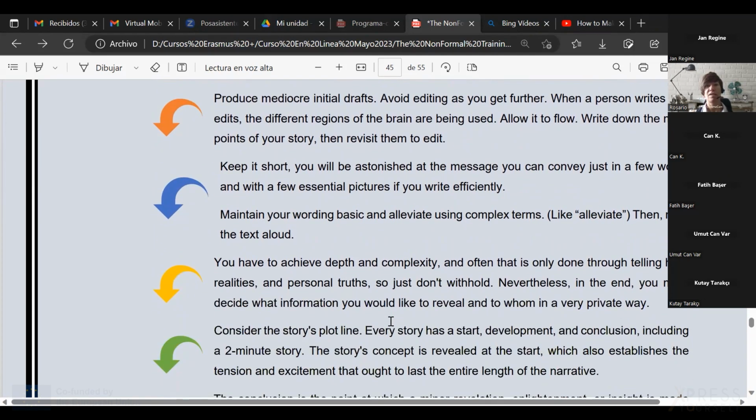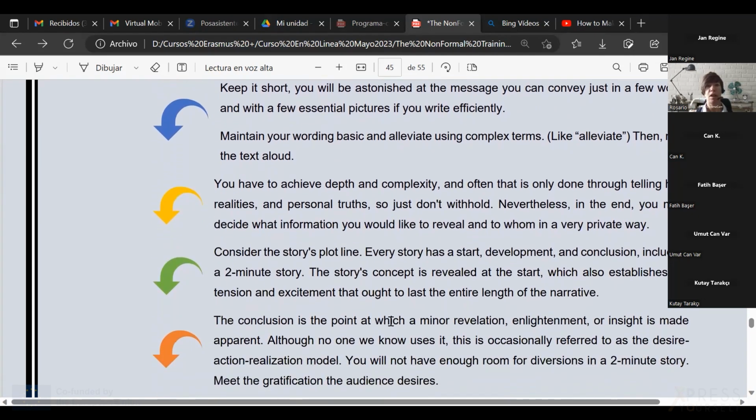Then read the text aloud before you record it. Read it aloud. You will get used to your own voice. You will get used to the speech. You will see which parts you need to modify, and you will realize as well how to play with your tone. And when you start reading, your tone is most of the times plain. So when you start reading, you realize you will have to enhance some parts and make others softer.